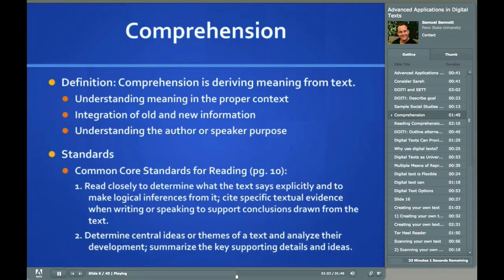Cite specific textual evidence when writing or speaking to support conclusions drawn from the text. Second item is determine central ideas or themes of a text and analyze their development. Summarize the key supporting details and ideas. And that really represents our definition of comprehension, that it's deriving meaning from text and